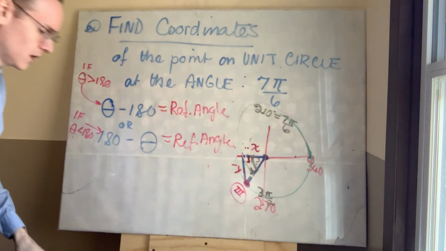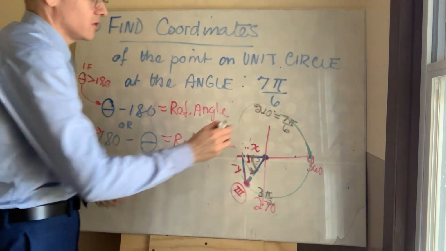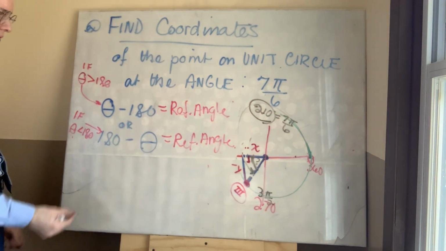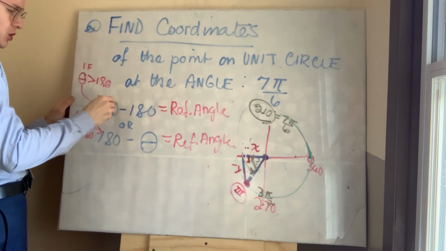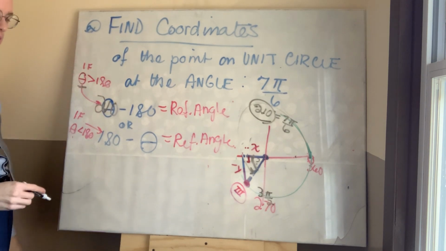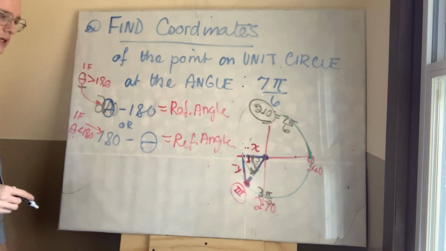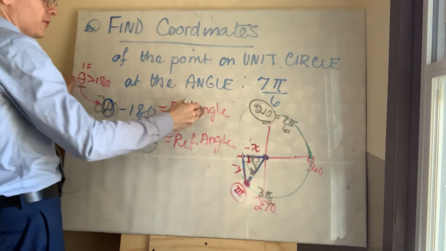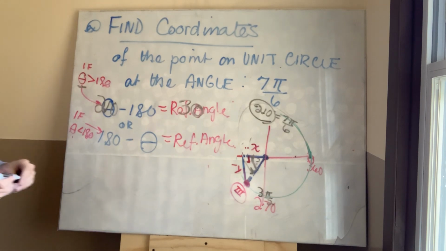In our situation, 7 pi over 6 is 210. So this is this situation. It is far greater than 180. The difference of 180 and 210 is 30 again. So the angle in here